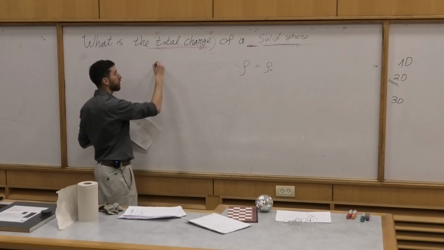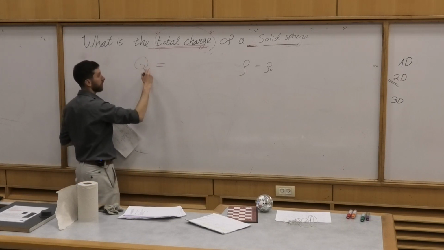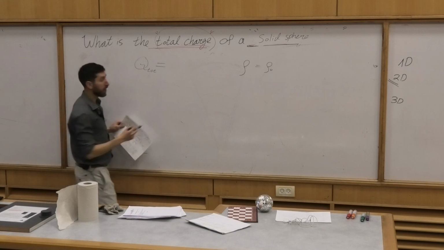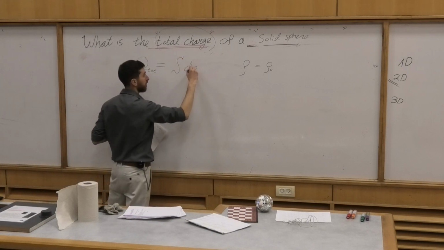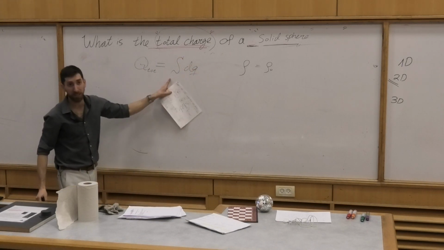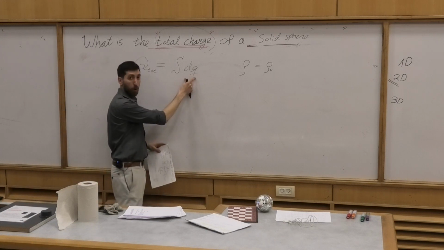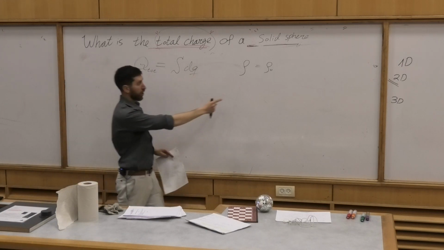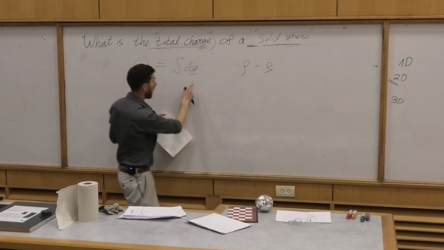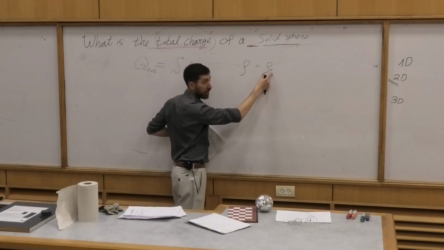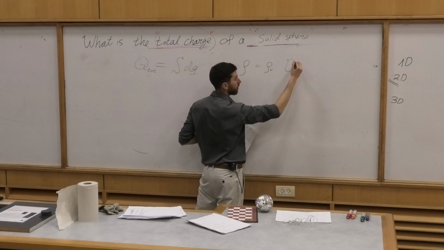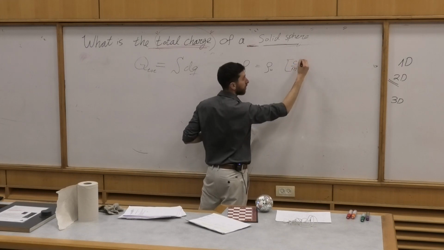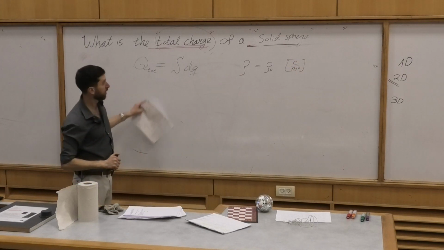And we said before, the total charge, which is Q total, is made of its parts, right? We need to sum all the small chunks of charge that we have in the sphere, which I know are the same. Every piece is distributed the same. This is in units of Coulomb per meter cubed, right? And I need to find